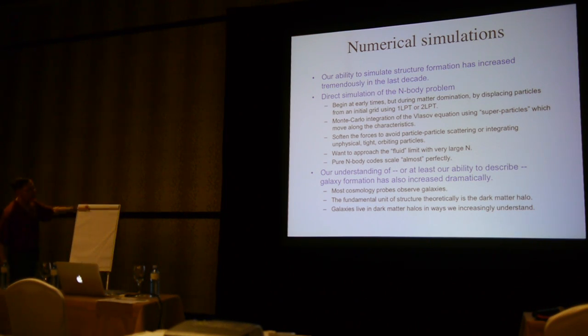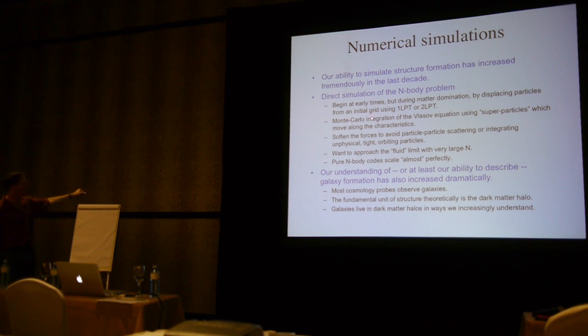So here's how one does an n-body simulation, and obviously this is somewhat schematic. I begin at fairly early times, usually during matter domination, so late times by standards of a lot of what we've heard about, but in terms of linear time, early on. I displace the particles from some kind of initially smooth state, an initial grid or a glass or something, using either first or second order Lagrangian perturbation theory, so let's just say the